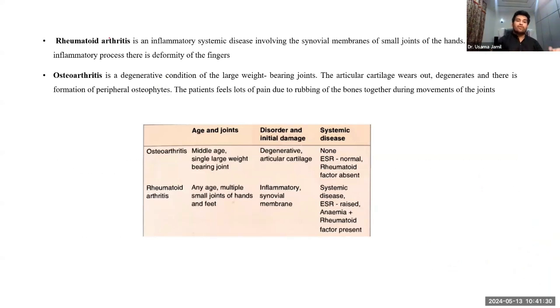osteoarthritis. Rheumatoid arthritis is an inflammatory disease in which our own immune system destroys the synovial membranes or the bone surfaces that form the joint. So the bones start rubbing with each other because their surface gets destroyed. That leads to arthritis, and that specific type is called rheumatoid arthritis. It has specific symptoms like morning stiffness of the joints of these fingers. This is how we diagnose rheumatoid arthritis from